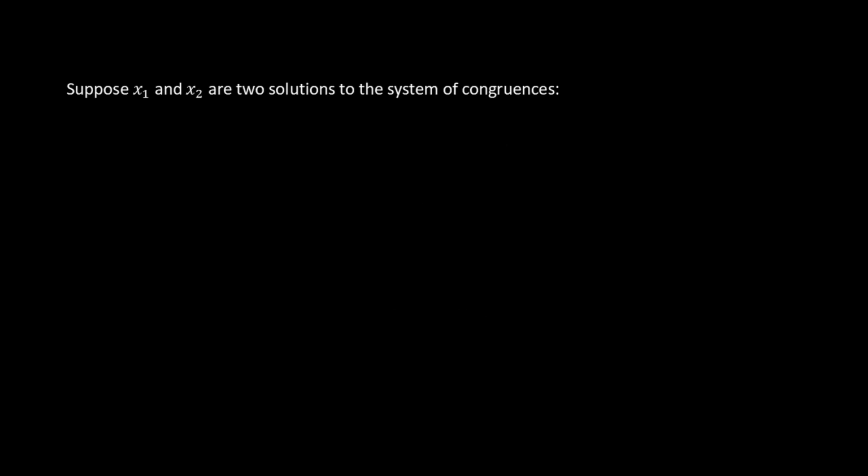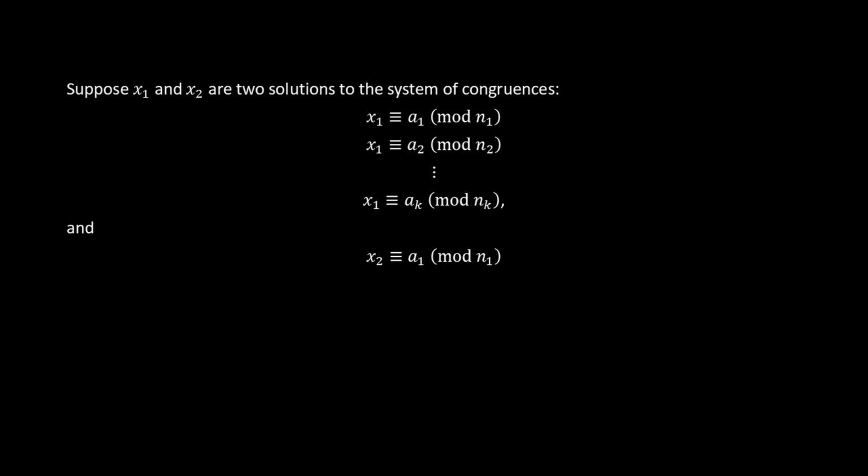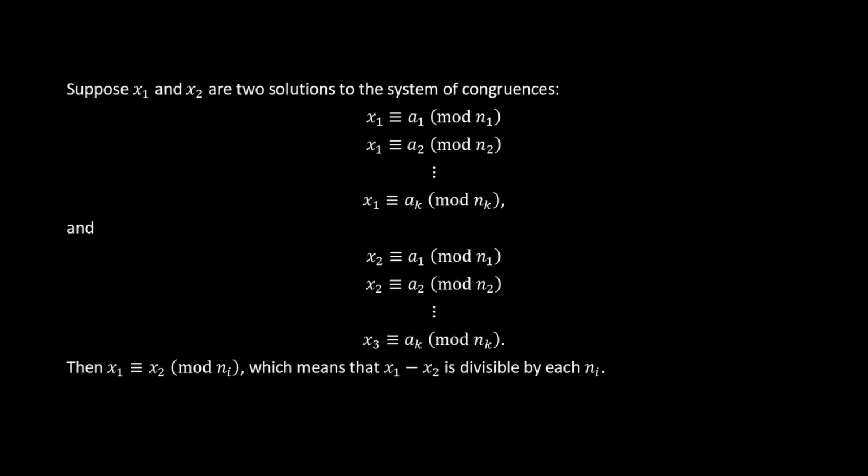Now let's handle the uniqueness of the solution. Suppose x1 and x2 are two solutions to the system of congruences. x1 ≡ a1 mod n1, x1 ≡ a2 mod n2, up to x1 ≡ ak mod nk, and x2 ≡ a1 mod n1, x2 ≡ a2 mod n2, up to x2 ≡ ak mod nk. Then x1 ≡ x2 mod ni, which means that x1 minus